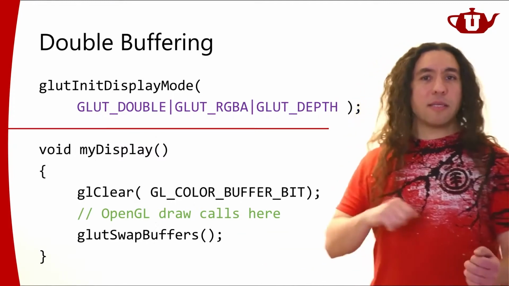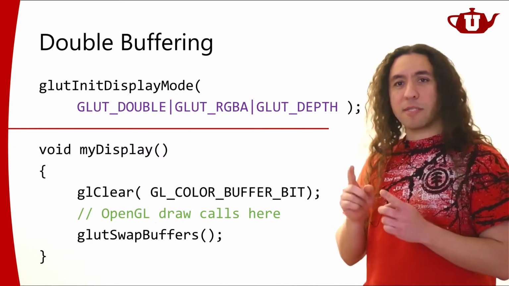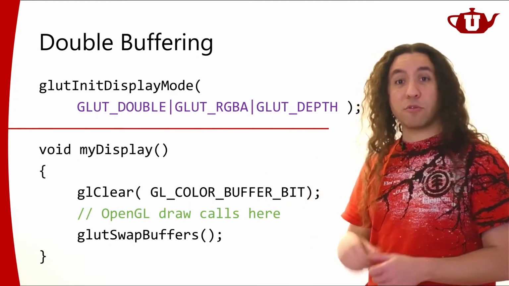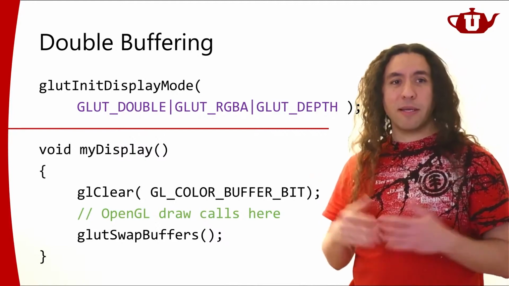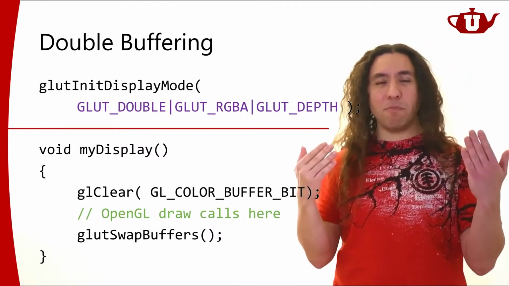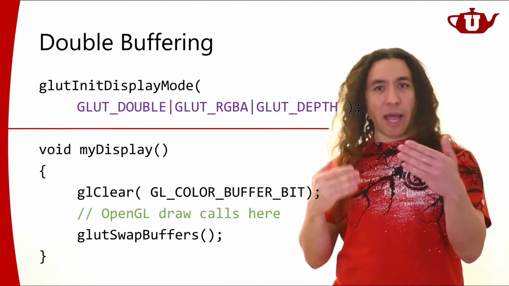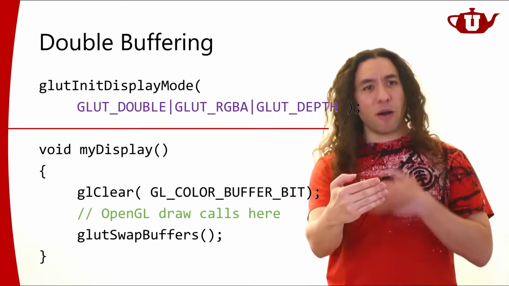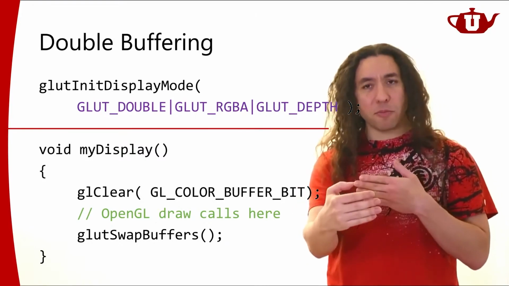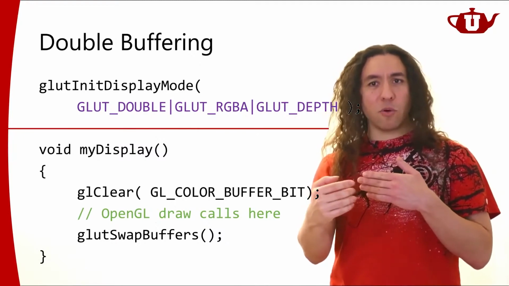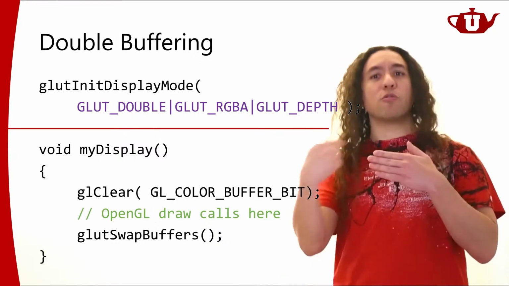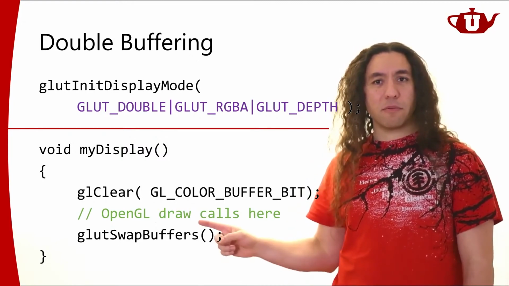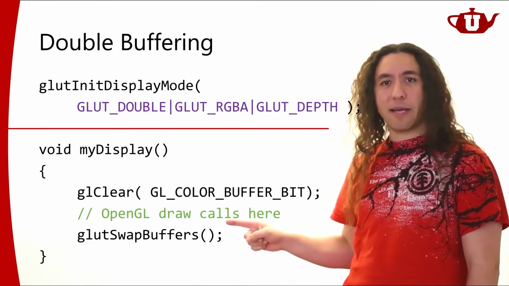So it will swap the buffer contents, and it will set the render target to the back buffer, to the new back buffer. Right? So if I have two buffers, let's say A and B, A is my front buffer and B is my back buffer. When I swap them, now A is going to be my back buffer and B is going to be my front buffer, right? So GLUT will set the render target to whatever buffer is the back buffer now. So it will do that automatically inside here.